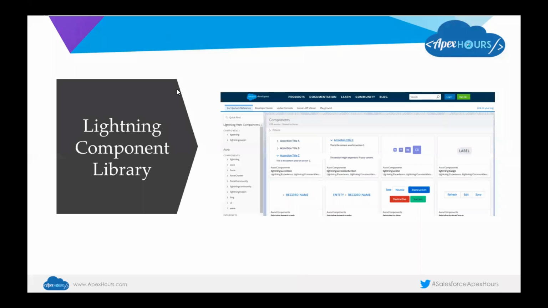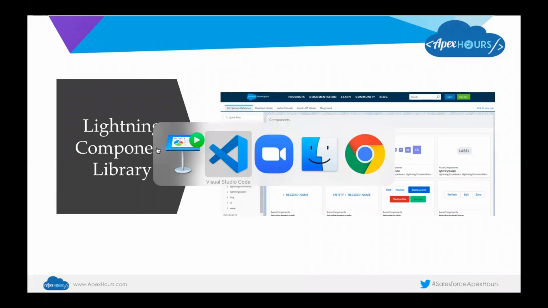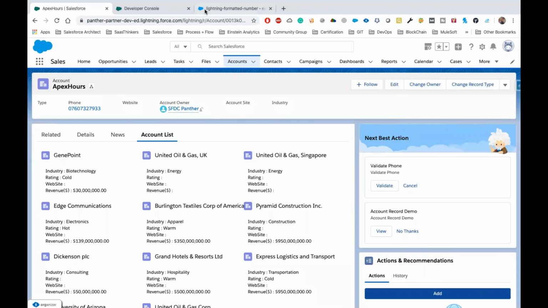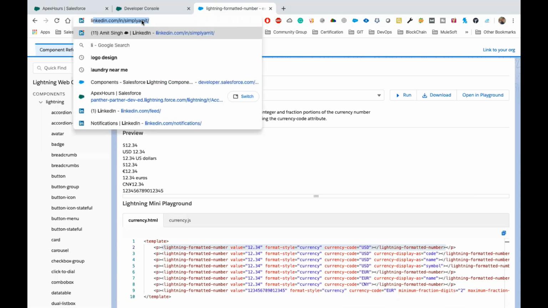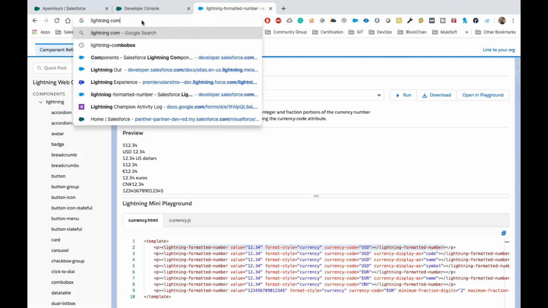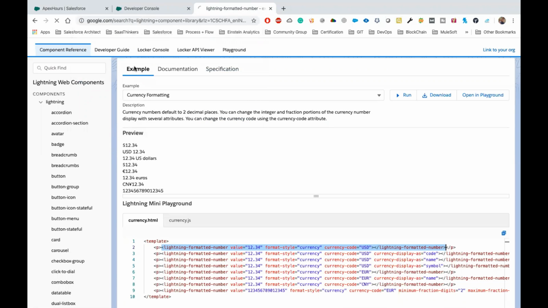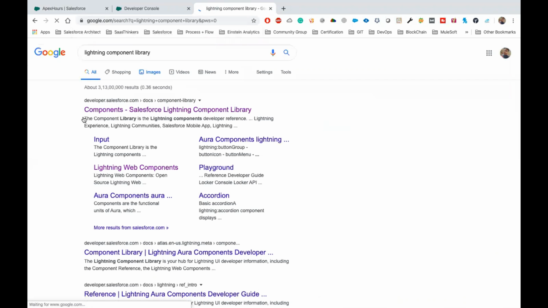So now let's quickly talk about what Lightning Component Library is. Even Saket just walked you through, but I'll take a few minutes to walk you through here. If you want to go to Lightning Component Library, you just need to type Lightning Component Library in Google, and you will get the first link. You just need to click on that link and it will take you to Lightning Component